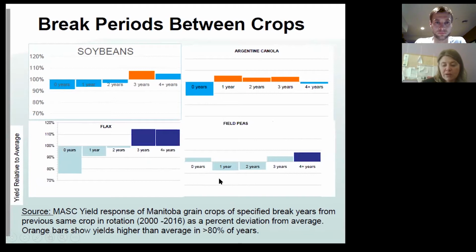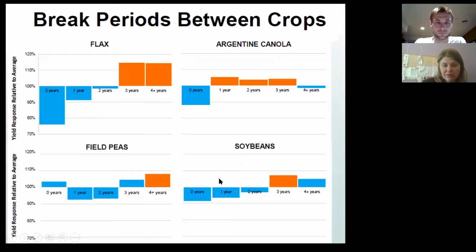In flax, oh, I think I have another slide here which shows it better. Here we go. Okay, flax is a 3 or 4 year break. Field peas, you're looking at 4+ year break, and here we have our soybeans again with a 3 year break. So not only is planting crop on crop bad, having a bit of a break is good, but look to see where you're getting your best bang for your buck,